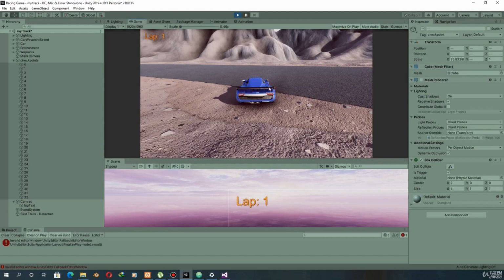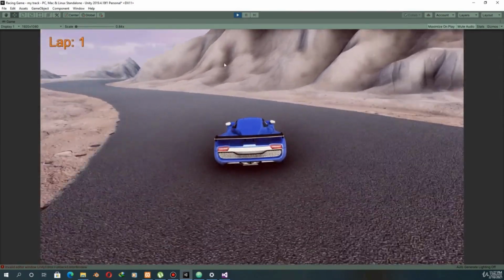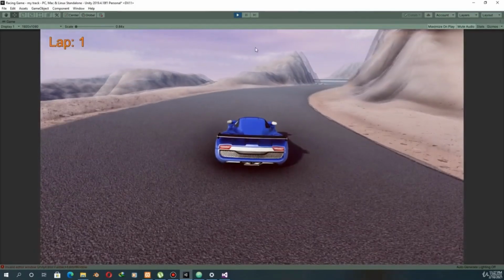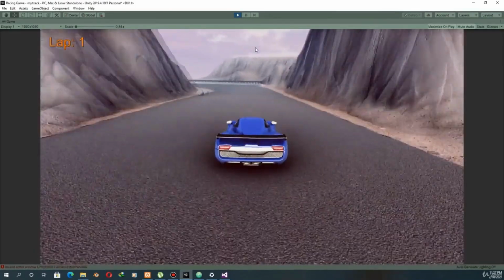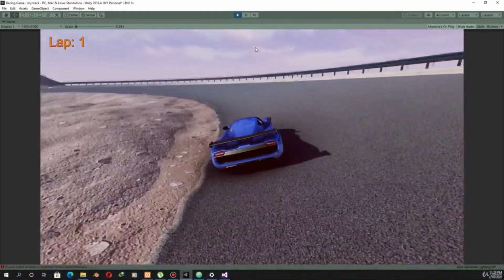Now if I complete this track, you will see that the lab will not be updated. To test it, I will again play, and I will fast forward the gameplay.